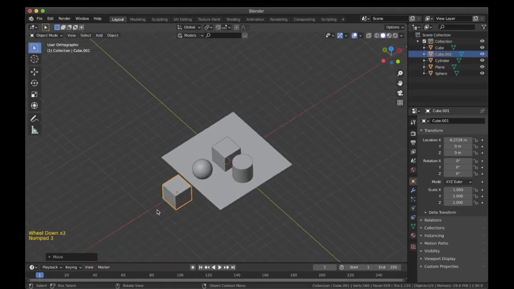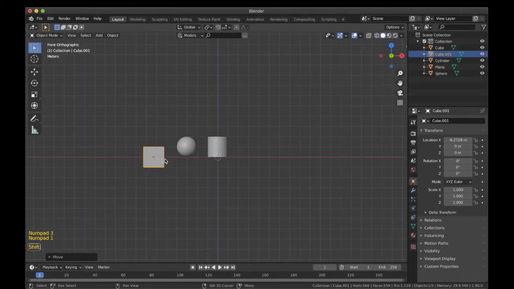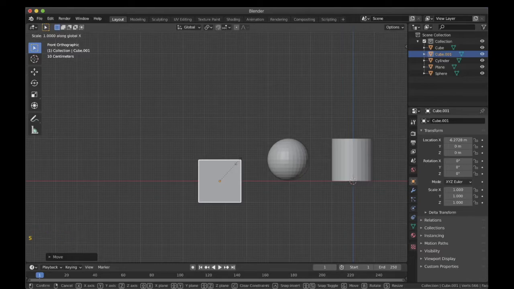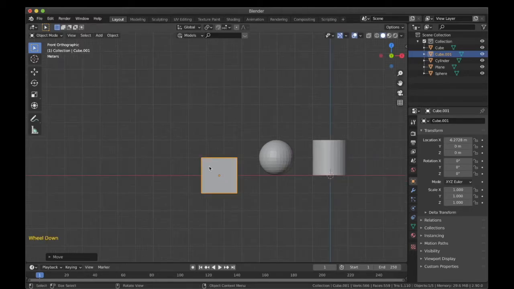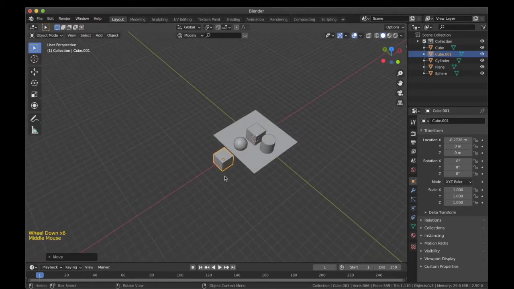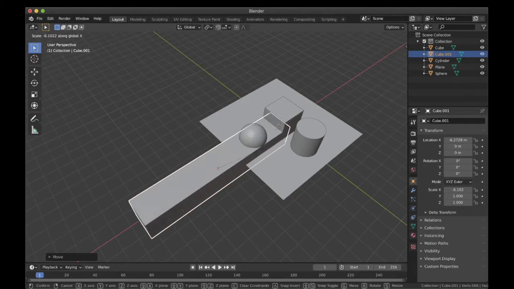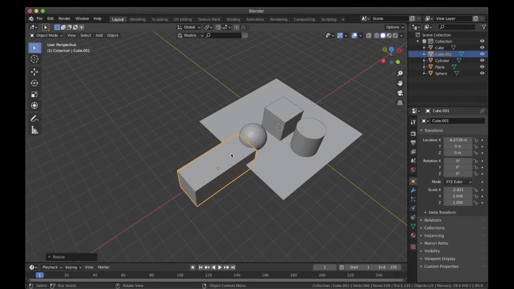I'll go to the right view over here, or the front view over here, and then I'll press S, and then I'll press X, which means that it is scaling the object only along x-axis. Let's see it in another view to get a better hang of it. This time I'll press S and then I'll press X, which means it's scaling only along the x-axis and the y and the z-axis remain constant. So now that I've done that, cube has been converted into a cuboid.